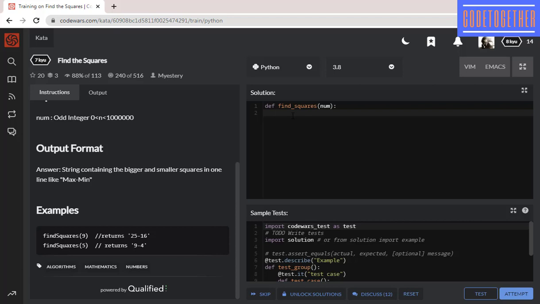If i is equal to 1, we have to calculate the difference between the square of 1 and the square of 2, which is 4 minus 1, which is equal to 3. If the given number is 3, then i should be 1. Okay,